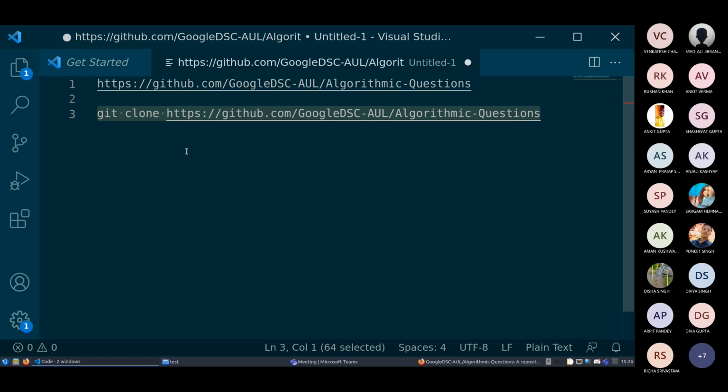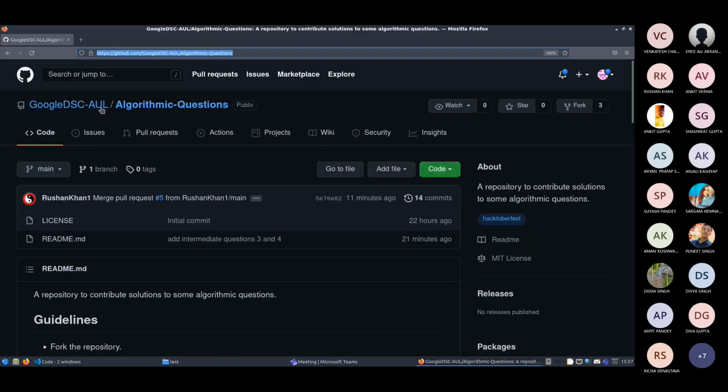Yes, it created the folder named algorithm questions. So you just have to cd into that folder. Okay, now it's done. So let's continue. Basically, what we have to do is...